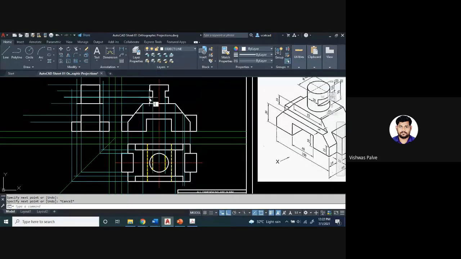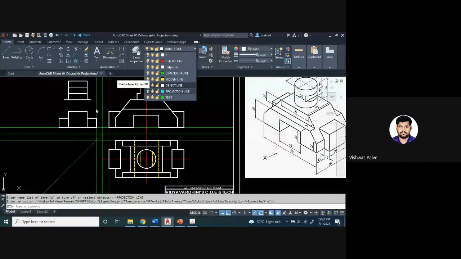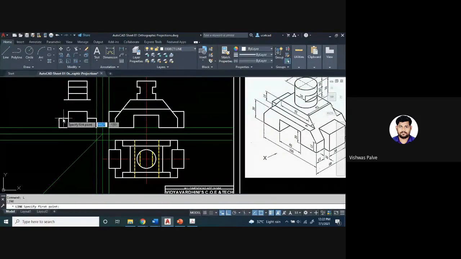That has to be shown as a dark line. I will switch off the projection lines and connect these 2 points. Okay, it has not been connected directly. This will not get connected directly, so I will switch on the projection lines again.